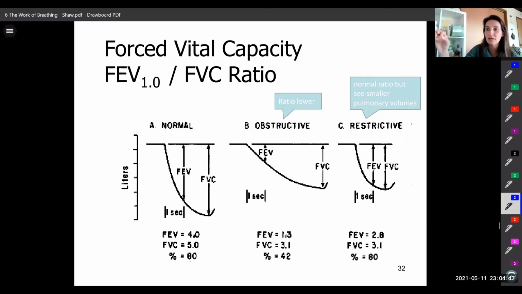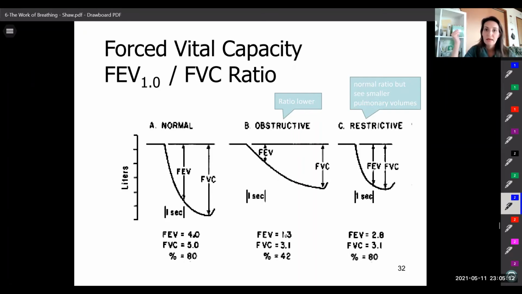So we can then calculate the amount of time it takes you to exhale a certain amount of air, which is useful for determining whether an individual might have an obstructive disorder. And we can actually use that reading as well to determine if an individual has a restrictive disorder. That's possible from those dynamic